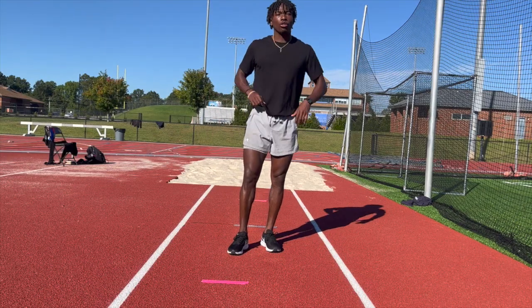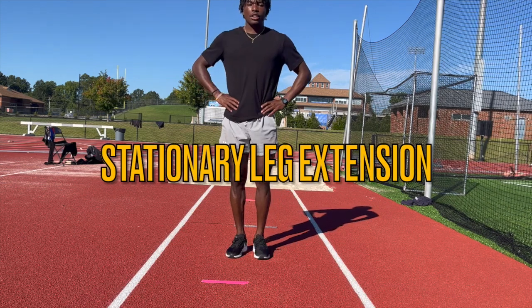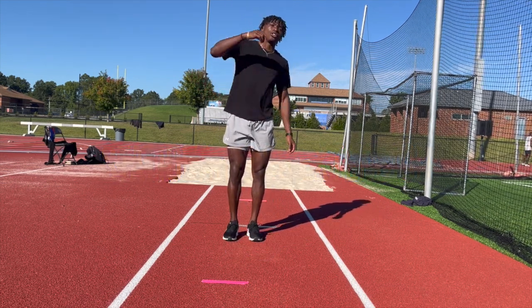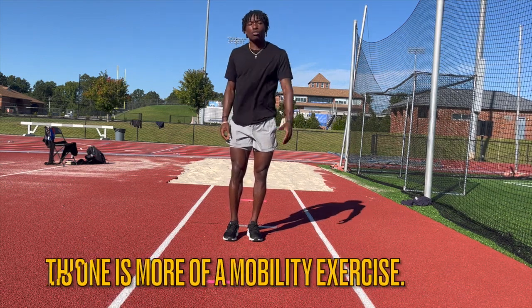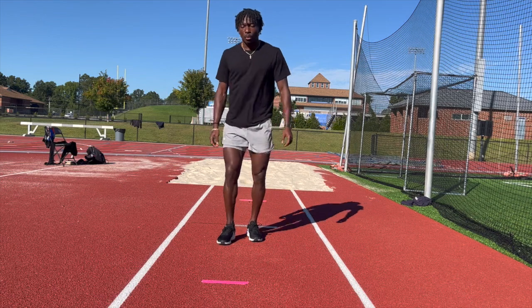For the third and final drill of today, what we're gonna be doing is a stationary leg extension. And this is teaching you that extension throughout your phases. It's teaching your body to move naturally and teaching you to get that fluidity throughout your phases. What we're gonna do